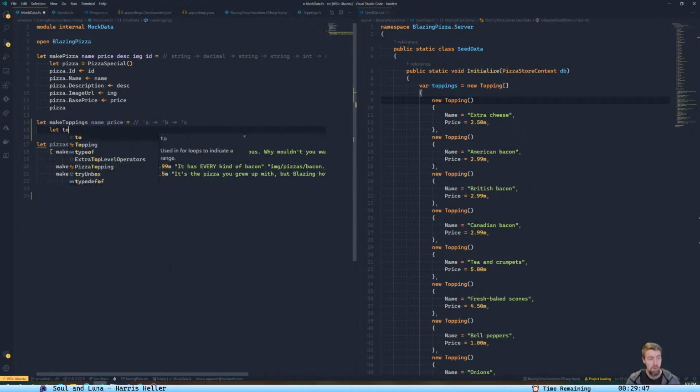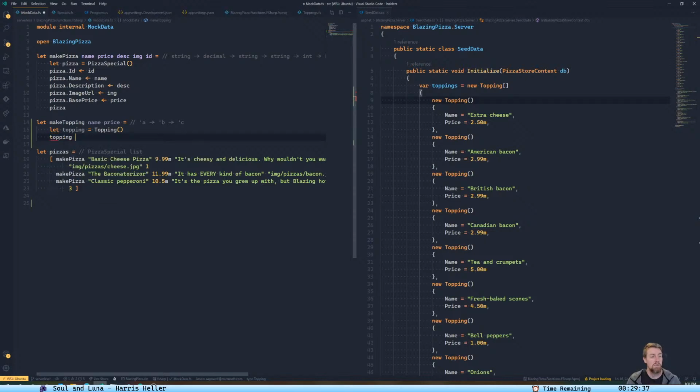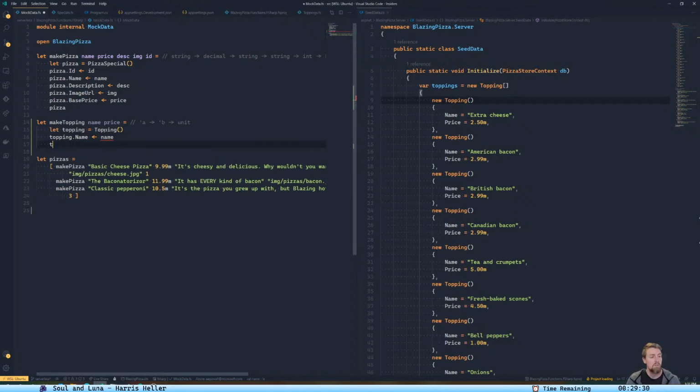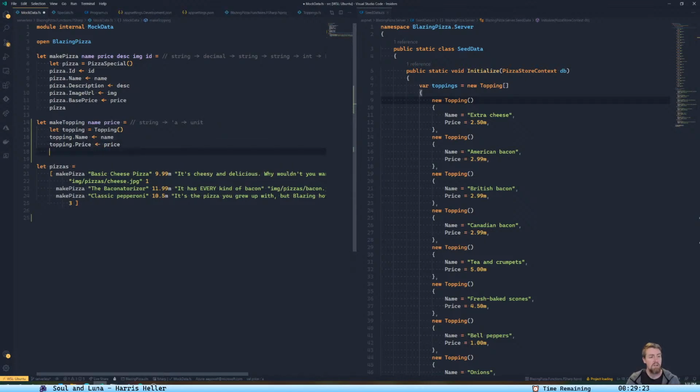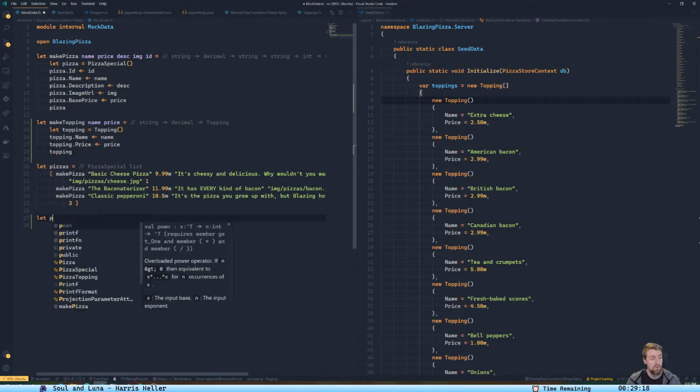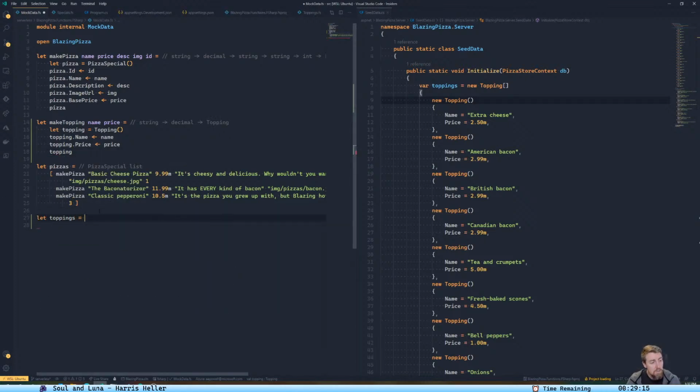Anyway, let topping equals. Wait, can I make topping? Topping, and then topping.name will be name and topping.price will be price. Is it price? Yep. That to price, and then we'll return topping, and we go let toppings equals, boom, make topping